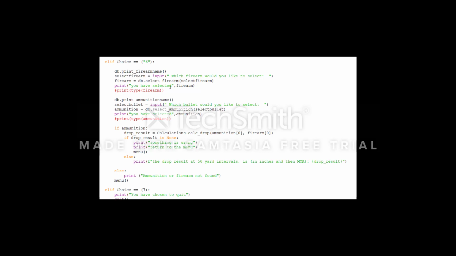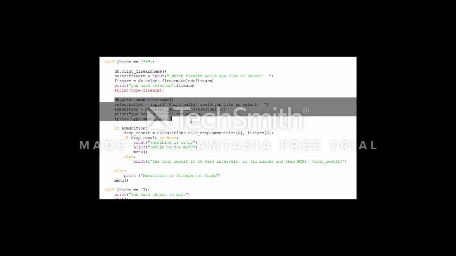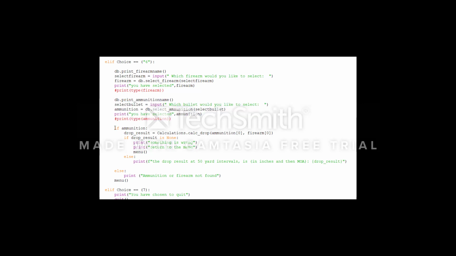We select the firearm, and it just verifies there. This was just in my testing, just printing to test that the object was actually created. Now I've put a hash there since it doesn't need to show that to the user. Just the same thing with the ammunition. We just have a little bit of fail-safe stuff here. So if the drop result is none, it prints something's wrong, return to the menu, and then returns you to the menu. However, if it's not,